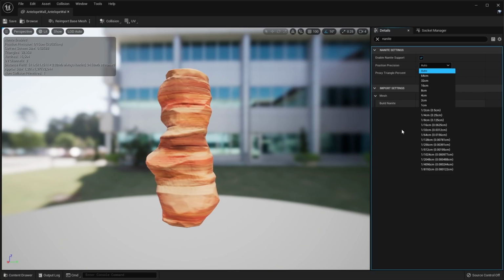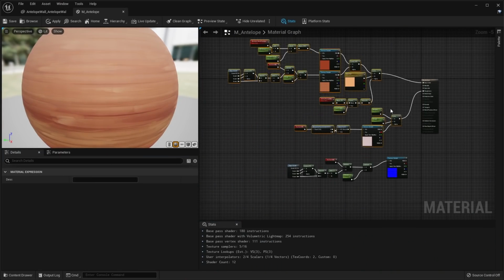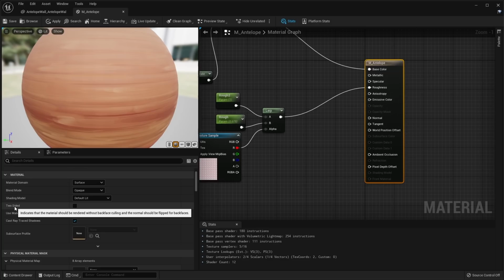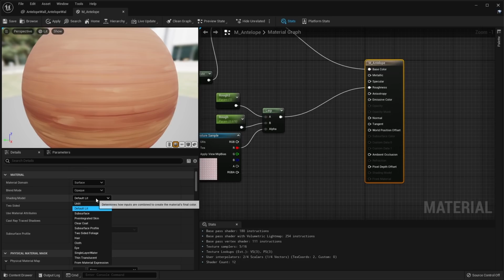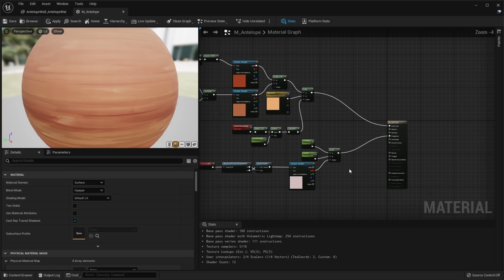The last thing that you need to keep in mind with a Nanite asset is the materials that you're using on it. Nanite can handle most material setups, but there are a few caveats to that. Your material can't be set to two-sided, and it has to use the opaque blend mode. You can use most of the shading models, but you can't use world position offset or pixel depth offsetting on your asset. The same goes for opacity and opacity masking with different blend modes. For the most part, as long as you're not using any of these settings, your materials will work just fine.